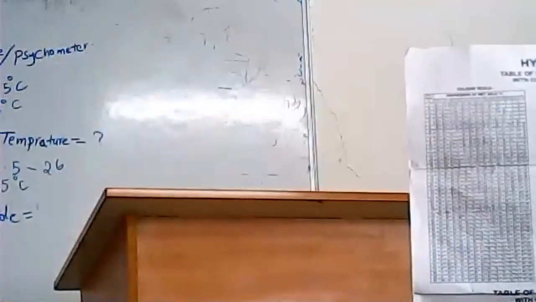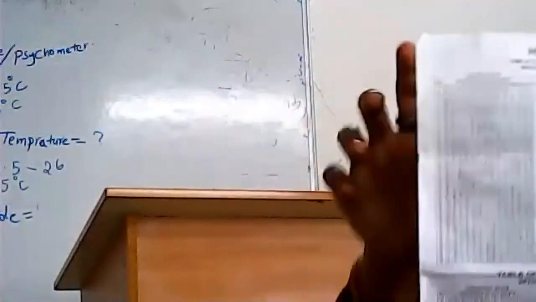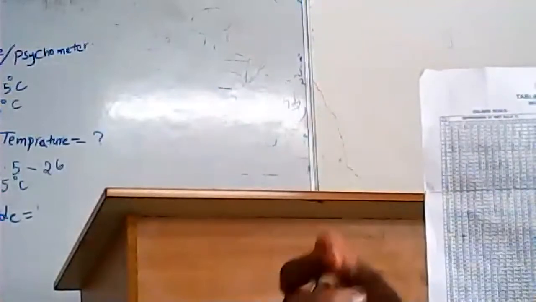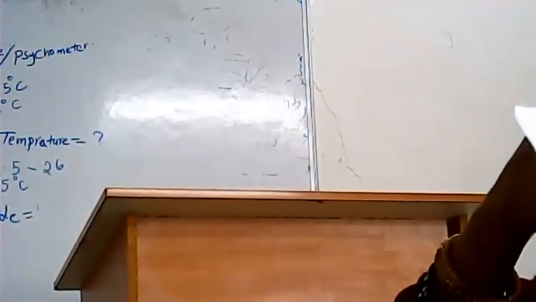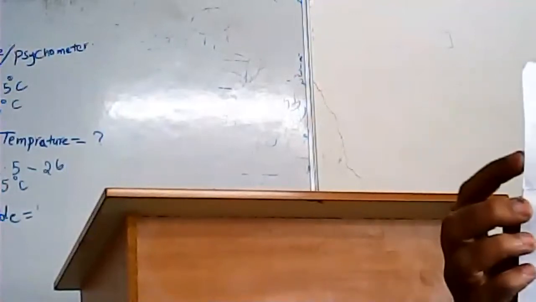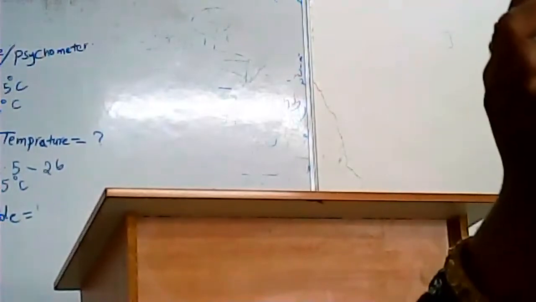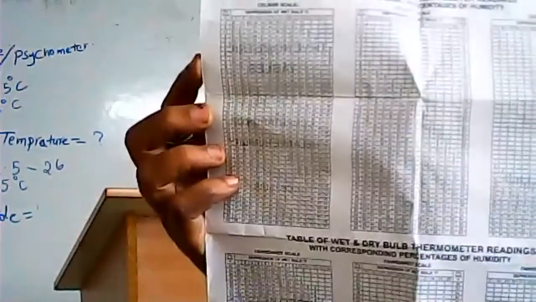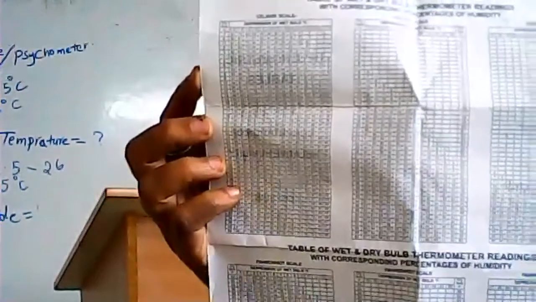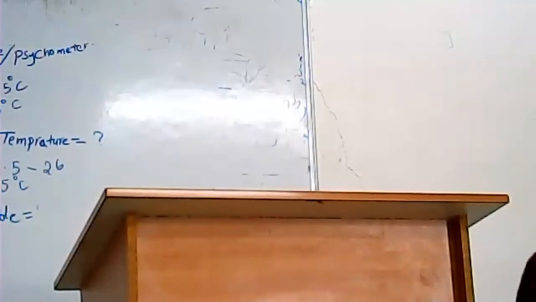The difference is found to be 1.5 degrees Celsius. So I am calculating this difference and referring to this chart, and for 1.5 degrees Celsius, the relative humidity is given as,